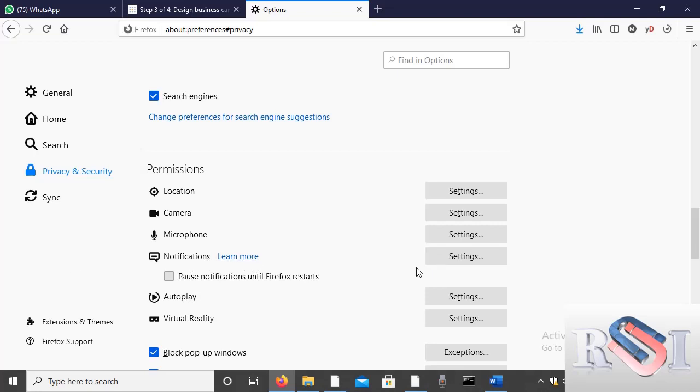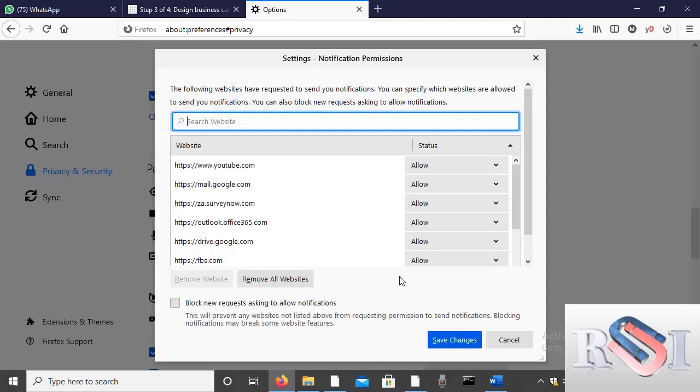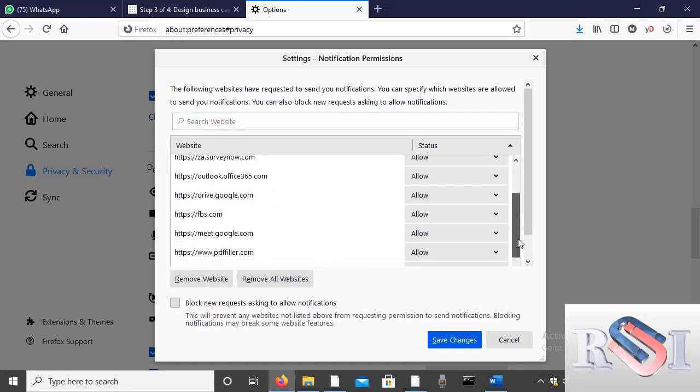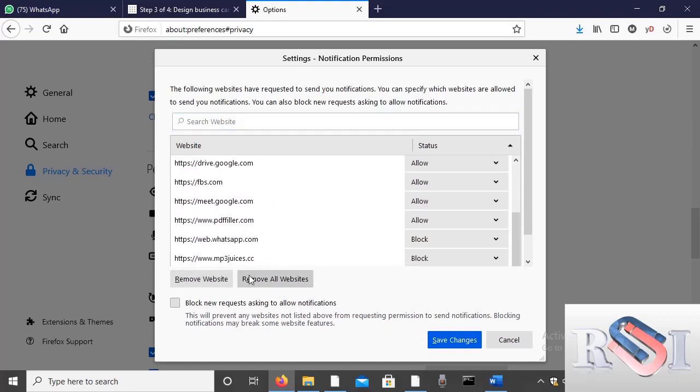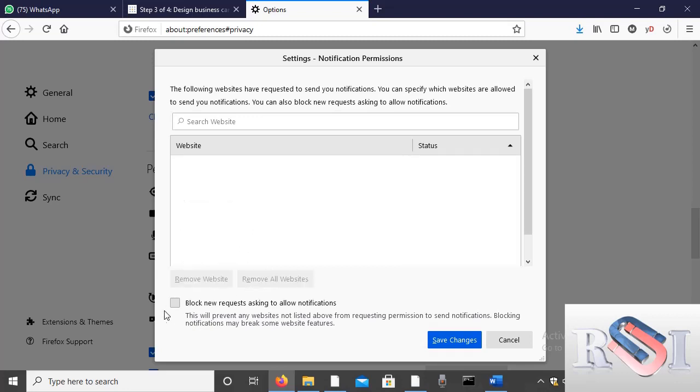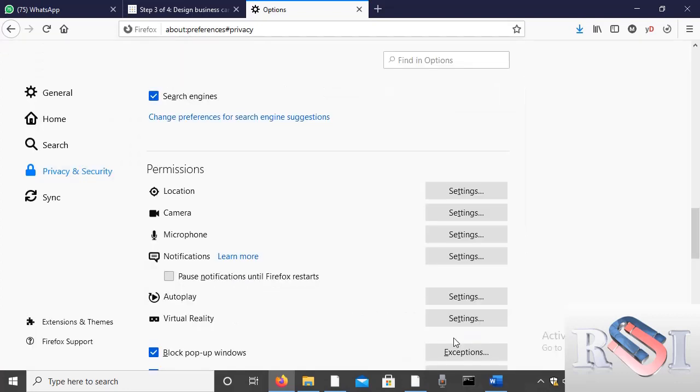Let's come to notifications. You find that when you are busy, maybe you are on a certain browser, a notification just pops up. Boom, boom. Those are something that you don't want at all, because you are not searching for those kinds of notifications. What you want is where you are on the browser. So what do you do? Just come to settings. You see how many there are? Some of them I didn't even subscribe to. I just remove, block, save the changes. Next time they won't bother me.